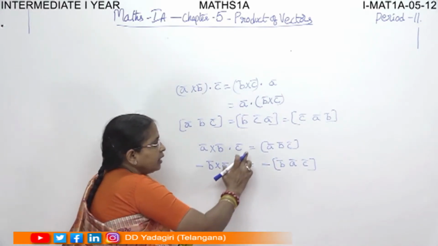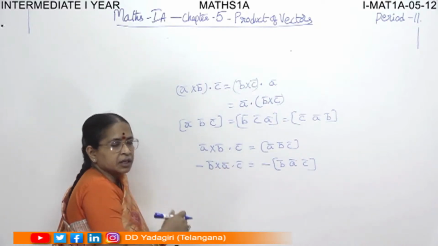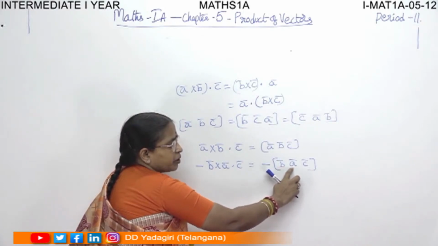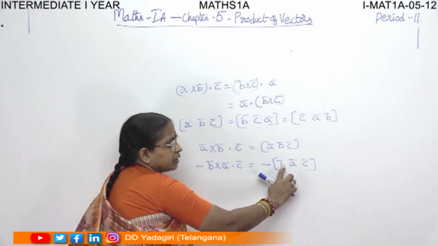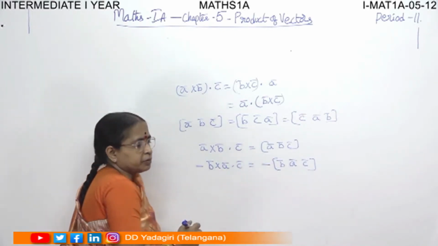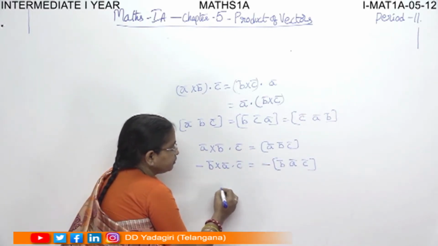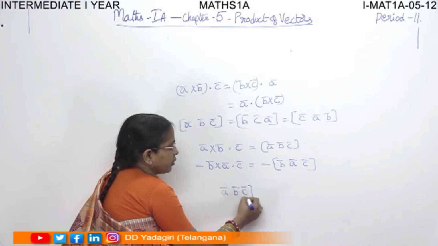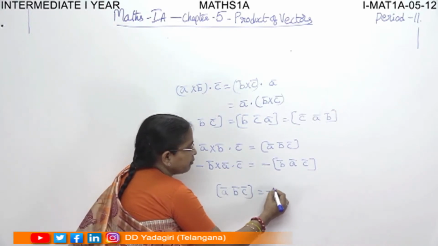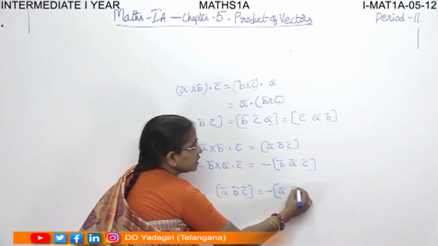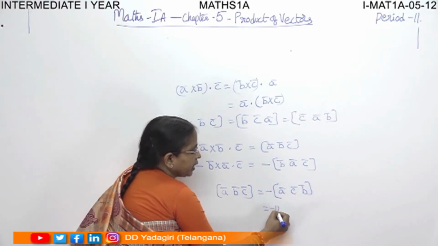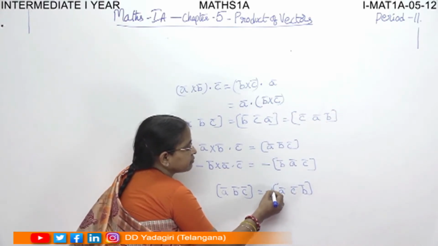So the property that you have to learn here is: when any two vectors are interchanged in a box product, change the sign of the box product. Suppose I have the box product ABC. Suppose I interchange these two, then it will be minus of box ACB. Again, if I interchange these two, I'll get minus 1 into